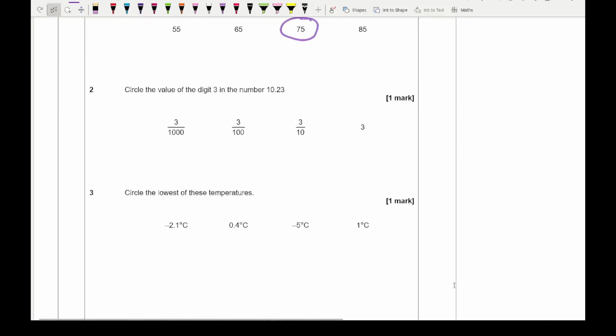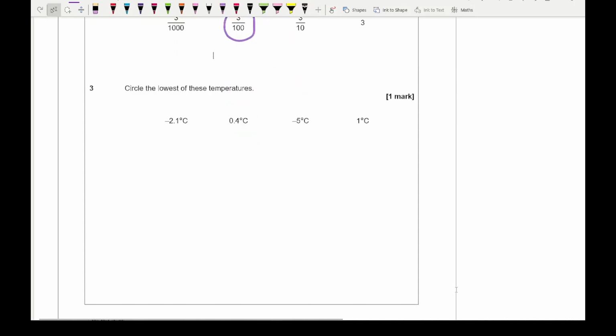Moving on to question 2, it says circle the value of the digit 3 in the number 10.23. Now here we've got the 0, which represents the 1s, the 2, which represents a tenth, and the 3 that represents hundredths. So we're looking for 3 times a hundredth, which is 3 hundredths. For question 3, it says circle the lowest temperature, and so here the lowest temperature is going to be -5